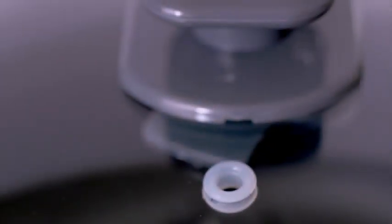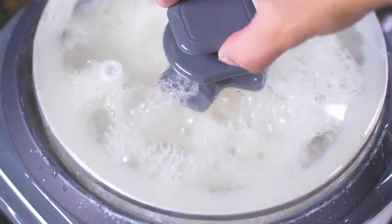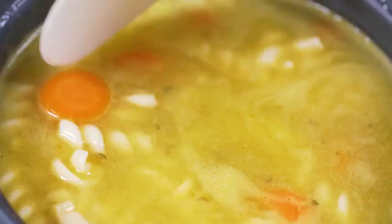Another notable aspect of the Black Plus Decker 6-Cup Rice Cooker is its corded electric power source. This ensures consistent,